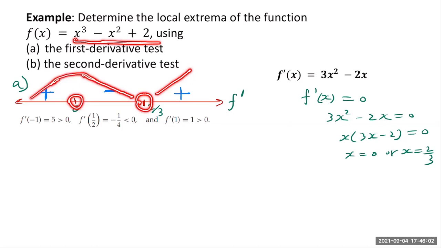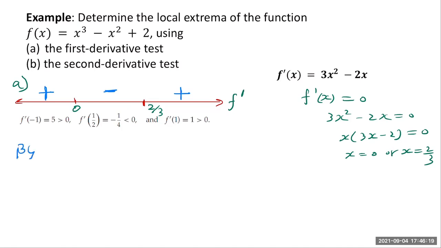You are going to have a local maximum at x is equal to 0 and a local minimum at x is equal to 2 over 3. Okay, we can apply the first derivative test here. All right, now let me write, by first derivative test,